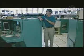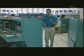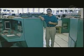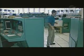Now, these consoles contain about mid-70s computer technology. I understand that's very old, but to upgrade it would be very expensive. But we understand how the system works, and it's been very reliable for all these years. Now, right up behind me is Management Row. Let's go on up there and have a look. Right now I'm located